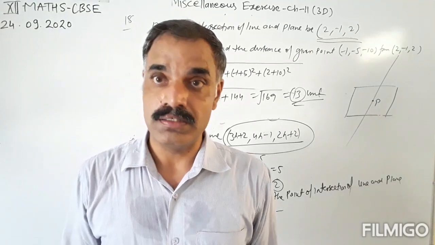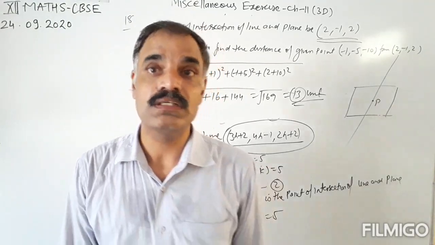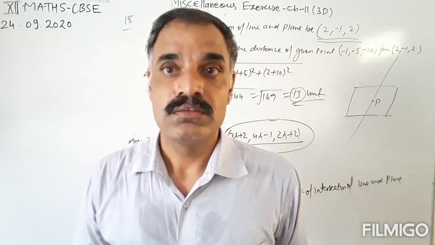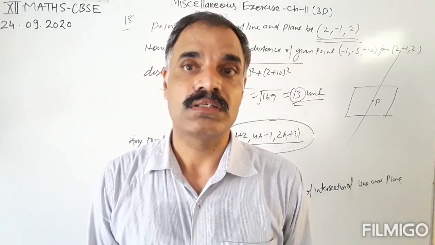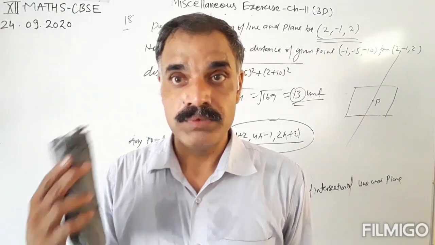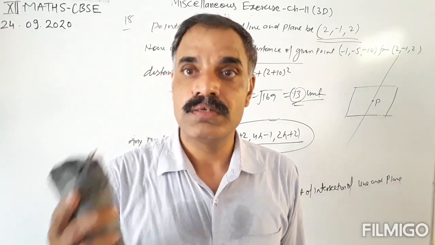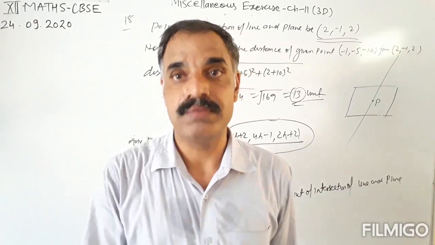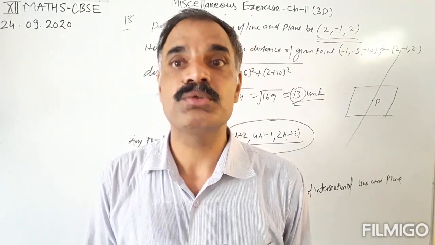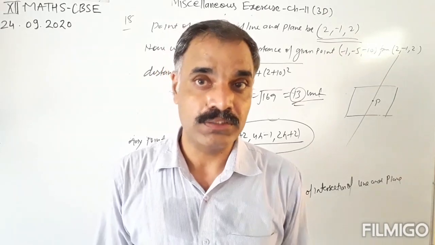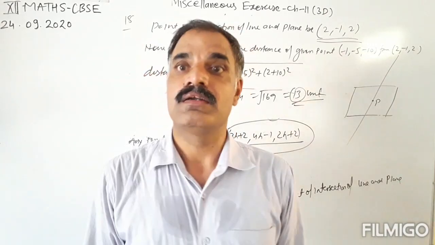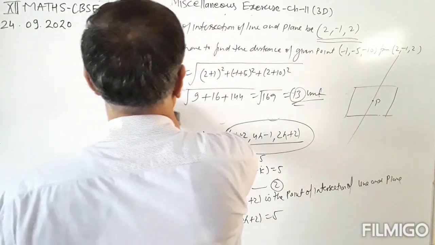Okay, so this was question number 18. Very important question. This question has two parts of the same question. First of all, we have to find the intersection point of line and plane. After that we have to find the distance of the point from the intersection point of line and the plane. Okay, so the next question